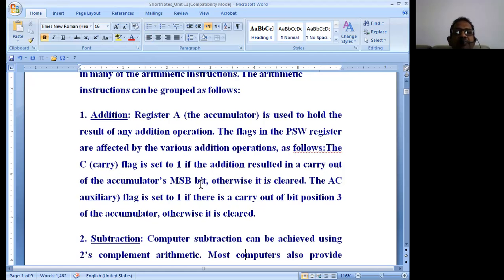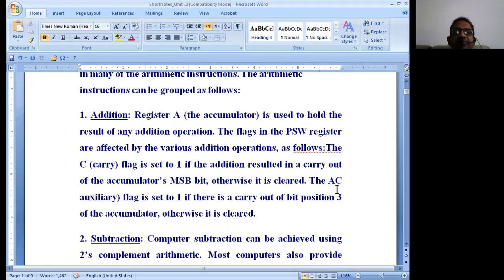That means if a carry is generated after the MSB bit, then this carry flag is going to get set. So if the carry flag is set, the resultant value in the MSB has generated a carry. That is the meaning of the carry flag in the PSW register.